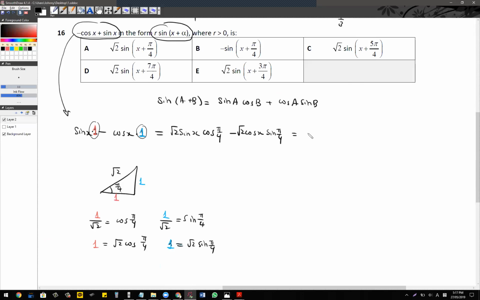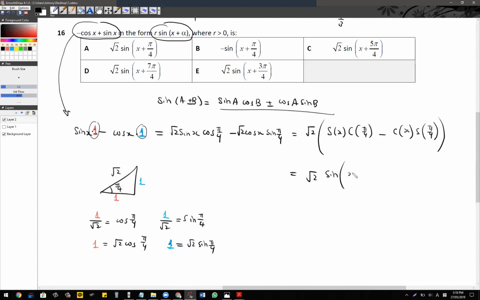And what happens is, this is root 2 sine of x cosine of pi on 4 minus cosine of x. I'm going to do some abbreviation, and sine of pi on 4, which becomes root 2. And then this is sine x cos, is exactly in this form, but with a negative sign. So this becomes root 2 sine of x minus pi on 4, which is actually none of those, but it is the same thing as,